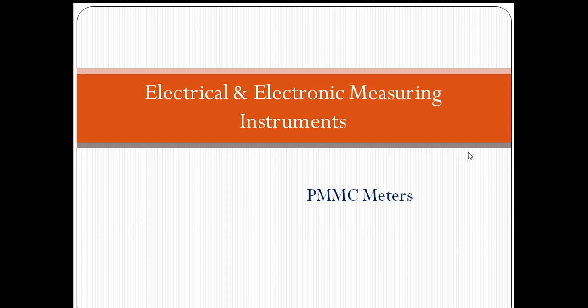Actually, till now we have discussed the basics of measuring instruments in chapter 1. In that, we mainly discussed what measuring instruments are and what the measurement process is. We discussed some basic terminology like accuracy, precision, sensitivity, and resolution of a meter, and then the classification of measuring instruments, whether according to operation, analog or digital.